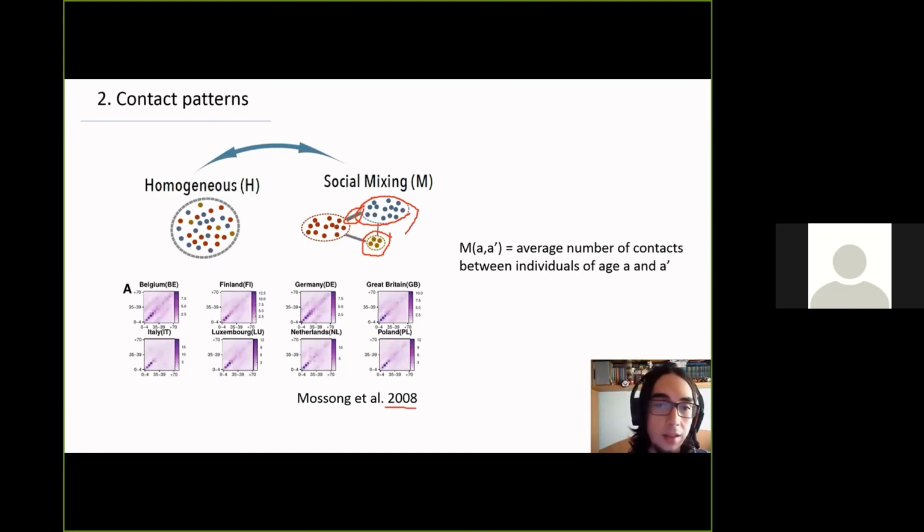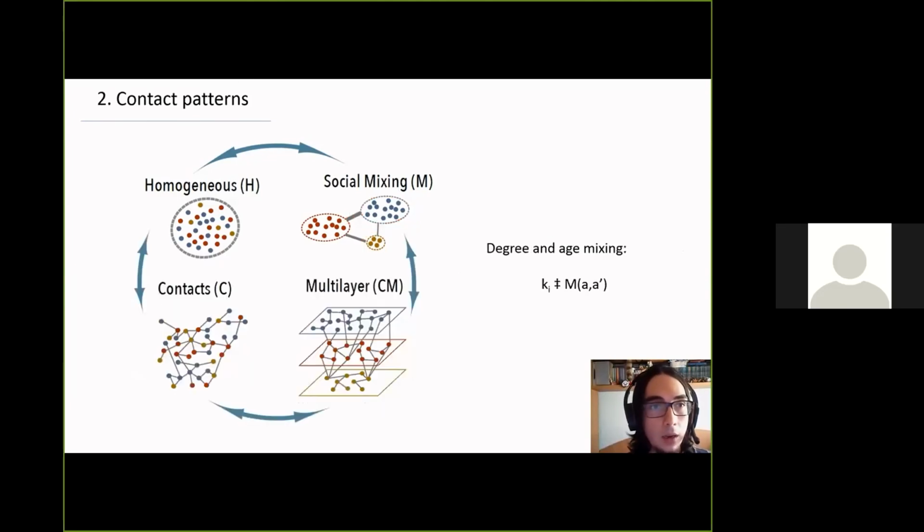So we can see that we had to wait almost a century since the first epidemic models were introduced until we actually have a little bit of data about the heterogeneities of the population. Our proposal in this work is to join these two sets of data, these two approximations, and build a multi-layer network. So now each group will belong to a specific layer, but we will also take into account the degree of each individual. In this way, we are adding all the heterogeneities that we can.